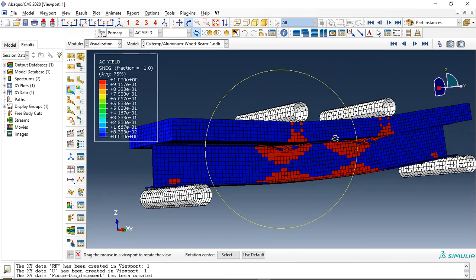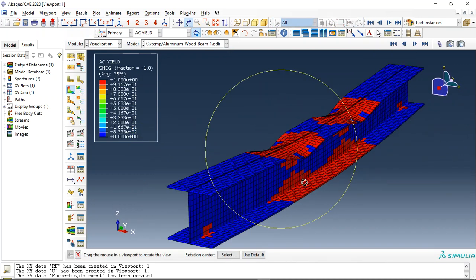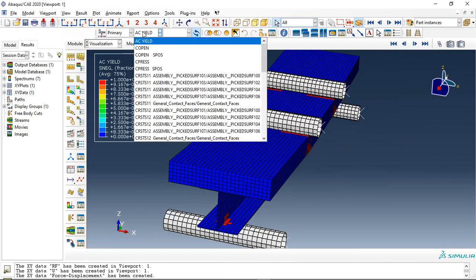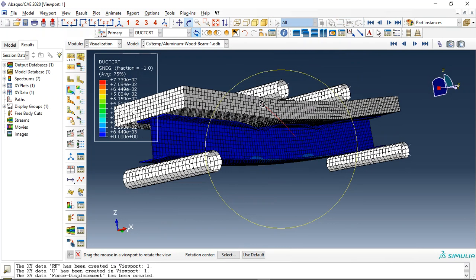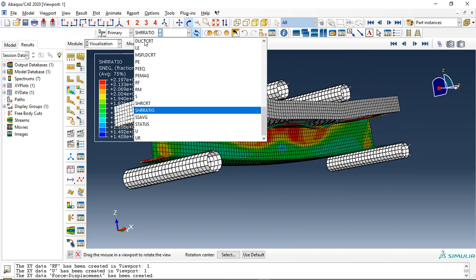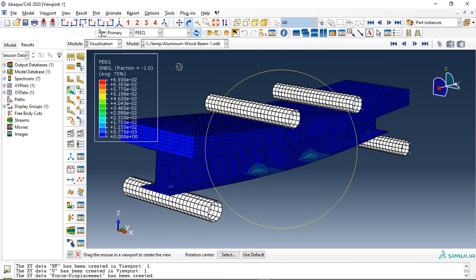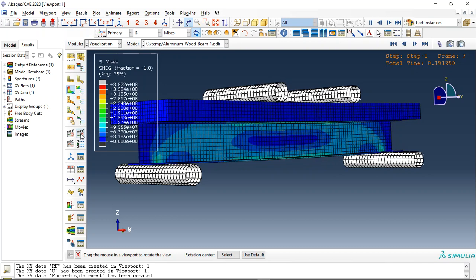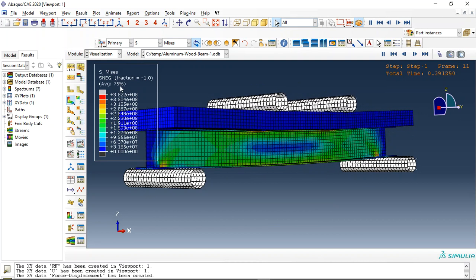Also for the aluminium beam. In the aluminium beam, let me replace it. You can see the damage happen at the load location. Okay, we can request also the ductile damage for the aluminium beam, the shear damage or shear ratio, or stress or plastic strain. You can see that if I click on, for instance, stress, you can see the animation of this, and this is the bending, and you can see we use the